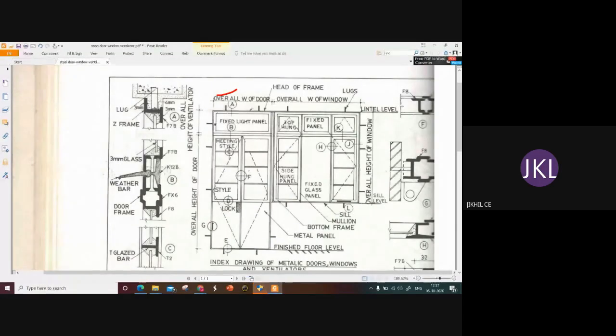This is a light panel, and the glass is fixed to the top of door. From this point to this point is the height of the ventilator, and below the ventilator we have the door. So overall height of the door starts from this point to this point.